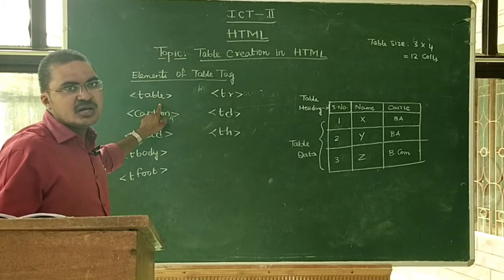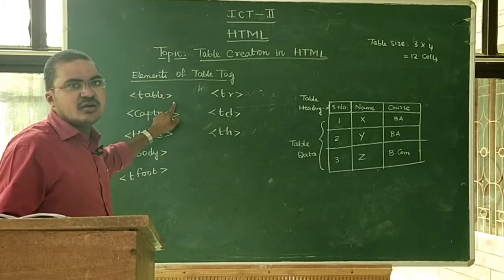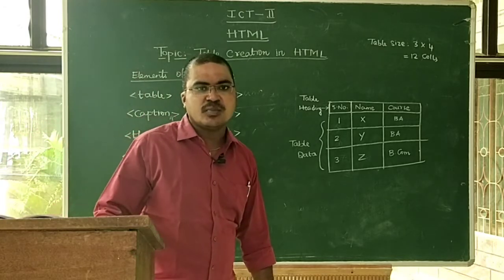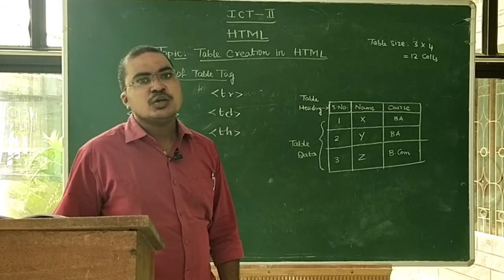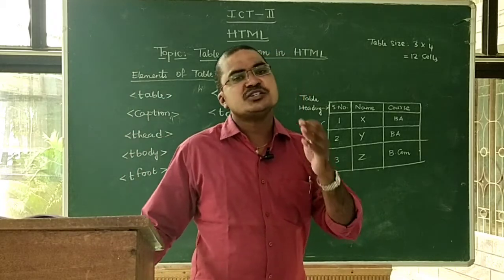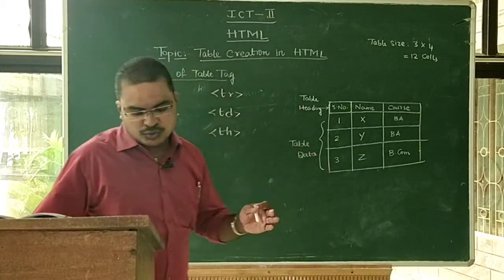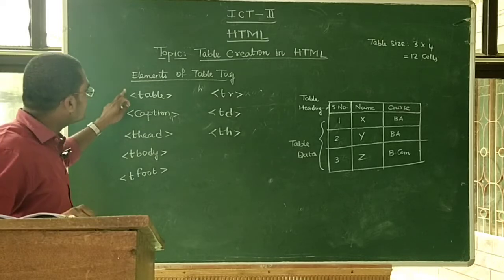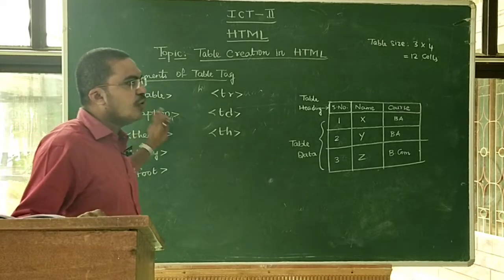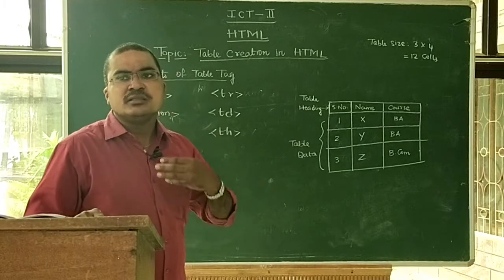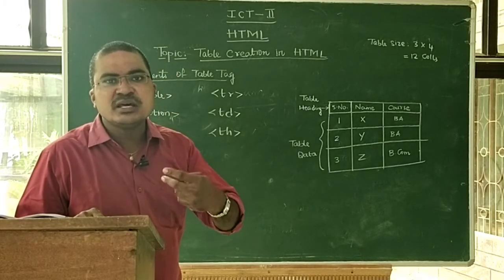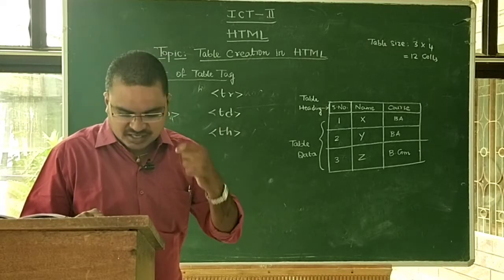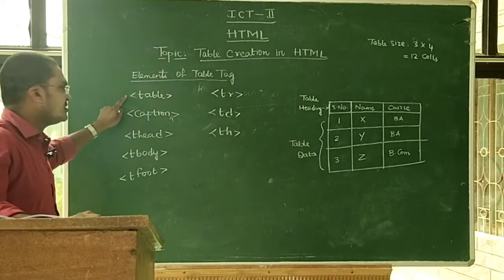Without this tag, it is not possible to create a table in the HTML programming language. Do you understand? If you don't use this tag, what happens? The table is not possible to create in HTML. So whenever you want to create a table in HTML, first we must use this tag. When we use this tag, the table is immediately created and the user has given the command, now it is time to create a table in HTML. Okay, this is the first tag.